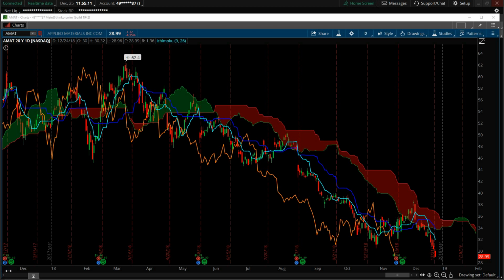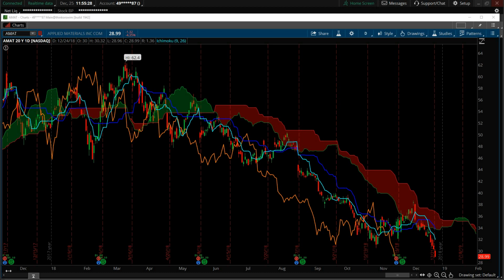Okay guys, welcome to the Ichimoku system for beginners. This is for people that have never seen the Ichimoku or don't fully understand it, because people make it more complicated than it really needs to be. It's not a complicated system, but if you look at it, it looks like a bunch of spaghetti lines going